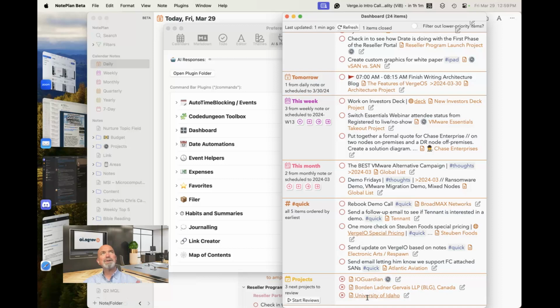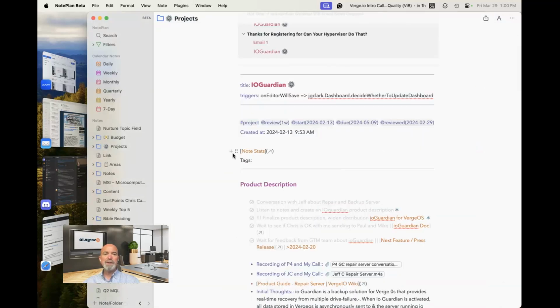I'm trying to set it up so I only have a few due each day instead of having 100 to do on Saturday, which is frankly kind of depressing. And so here you can see that I've got these 3 set for review. So I can click on these, go over to the note, and I can decide whether or not I want